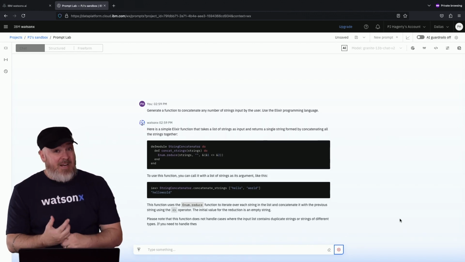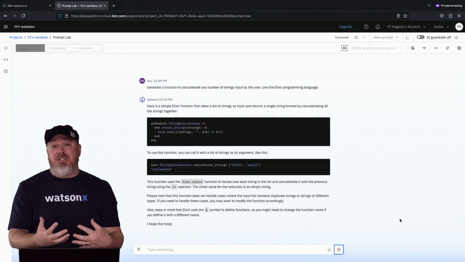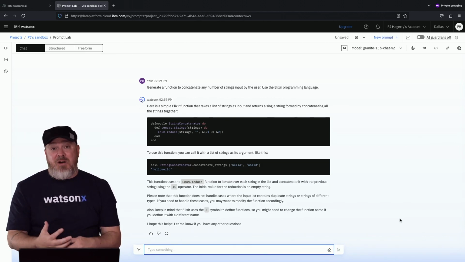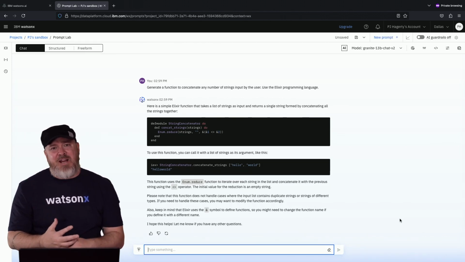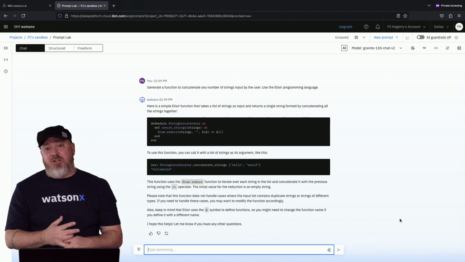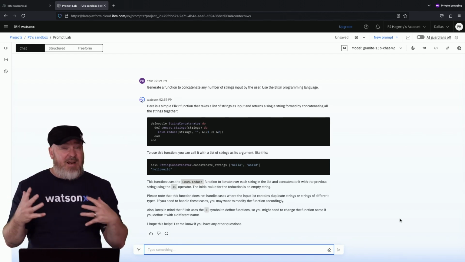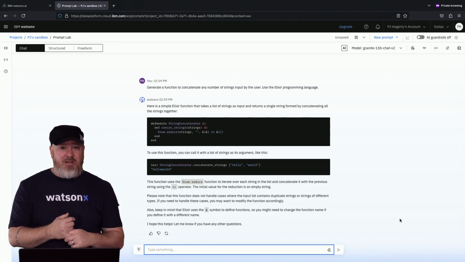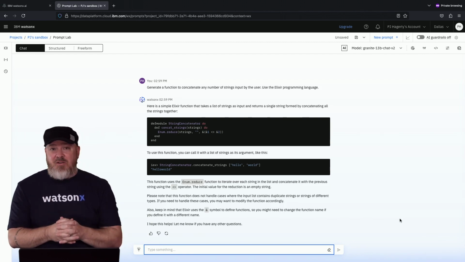This is helpful for data processing or algorithm implementation. Leveraging the AI's response can help to avoid long searching for answers from sources that are outdated or don't solve your specific problem. And I think as developers, we all know what I'm referring to here. So that's great. We've generated a function.